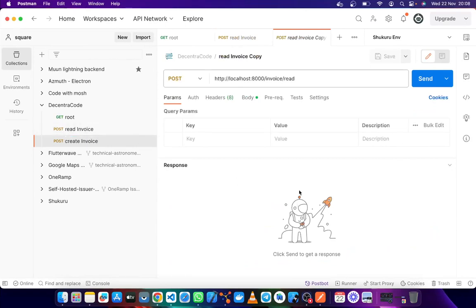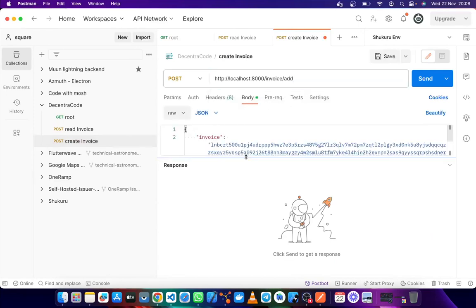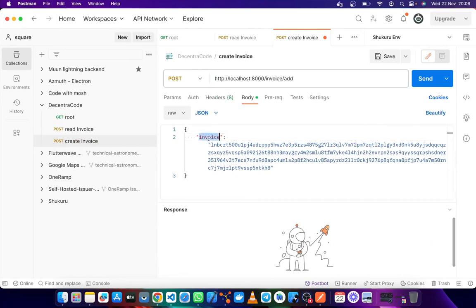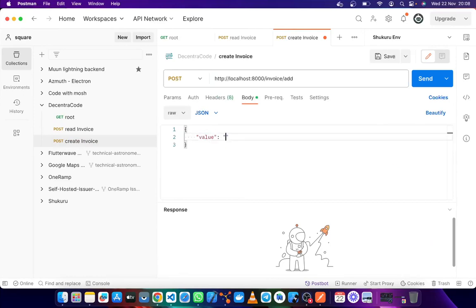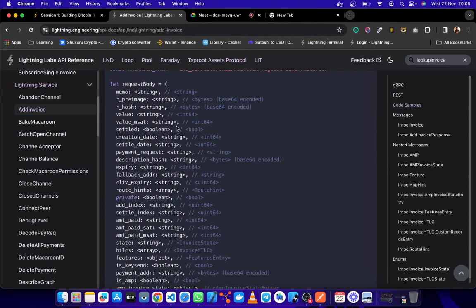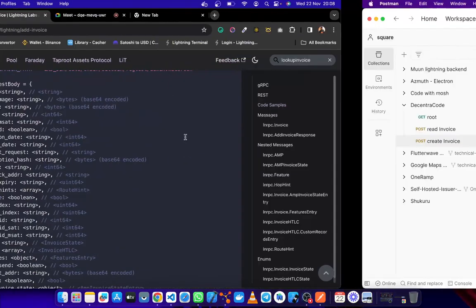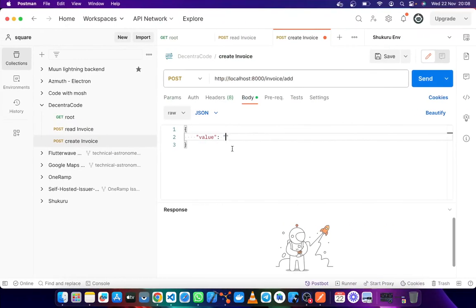and I'll call this create invoice, and then I'll add this to add, and then my body has value. I'll keep it as a string because I don't want to do a lot of logic passing it there, so I'll just enter it as a string, and then I'll call this memo message.